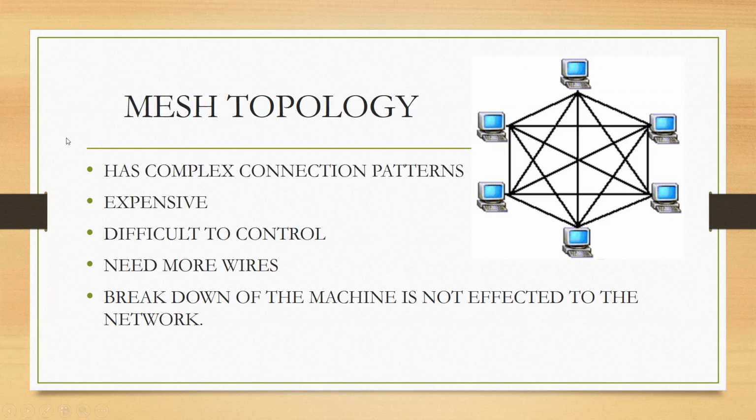So there are complex connection patterns, right? You can see it is very complex and expensive because it needs more ports and is difficult to control. It needs more wires. The breakdown of one machine does not affect the network. That is the only advantage of that, right? Most of the time